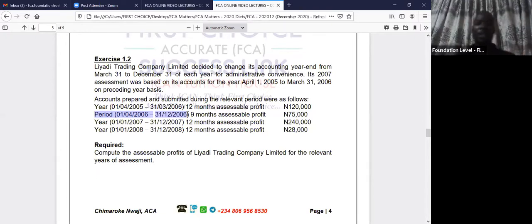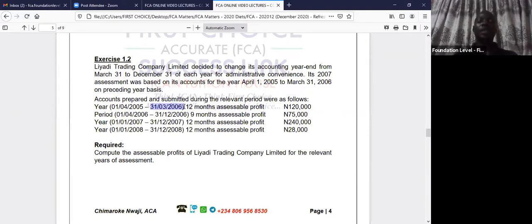So after getting these 3 years, you are going to do 2 things. The first one is you are going to pretend as if they never asked for change. Yes, true and fine, you have asked for change. But the tax authority will pretend as if you have not asked for change. They will continue to assess you based on the old dates, which is March 31st. So whenever you bring your accounts ending in December, they will adjust it in their own record and be looking at it from March 31st. Okay?